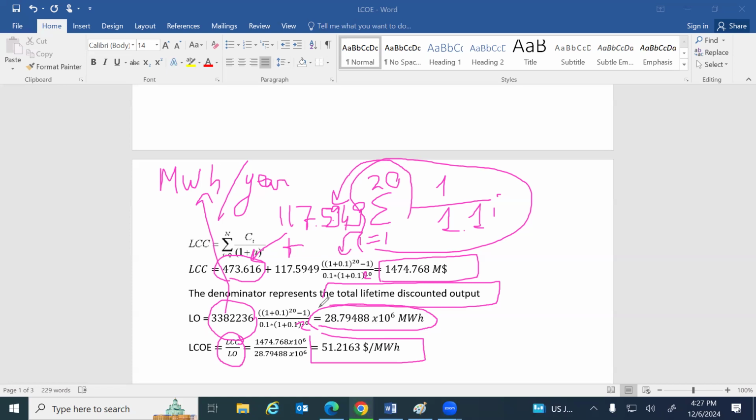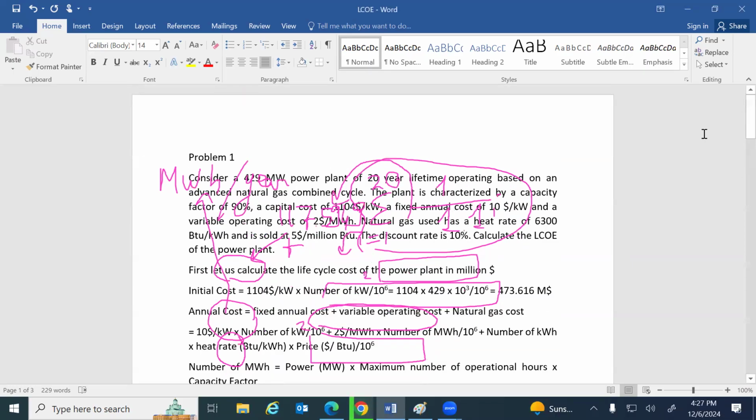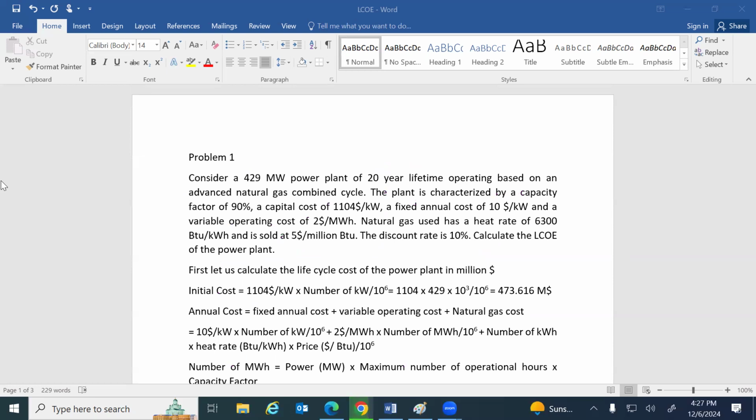So here, this 429 is already the electrical output. And depending on the cycle, it already considers the thermal efficiency and the combustion efficiency, which are not 90%, of course. So this number is after considering all other efficiencies. If I wanted to start from zero, here I directly gave you the output power. Okay, so this represents the output electrical